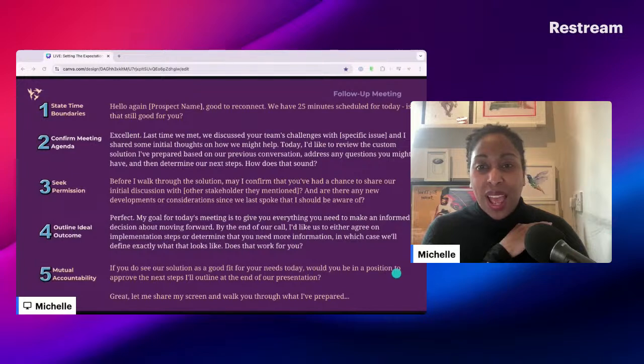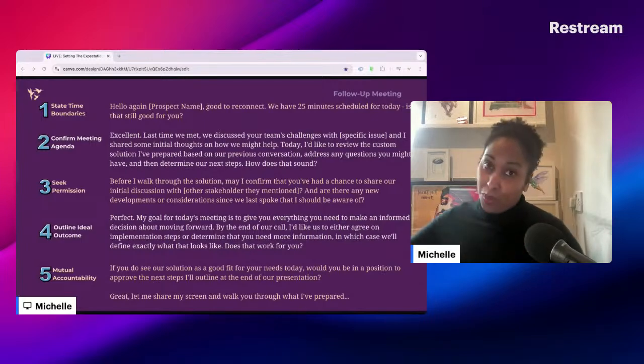And then looked at that mutual accountability piece. So the next steps that they would outline at the end of the presentation. For me, I think this is a bit woolly, so I would allude to exactly what that next step should be.